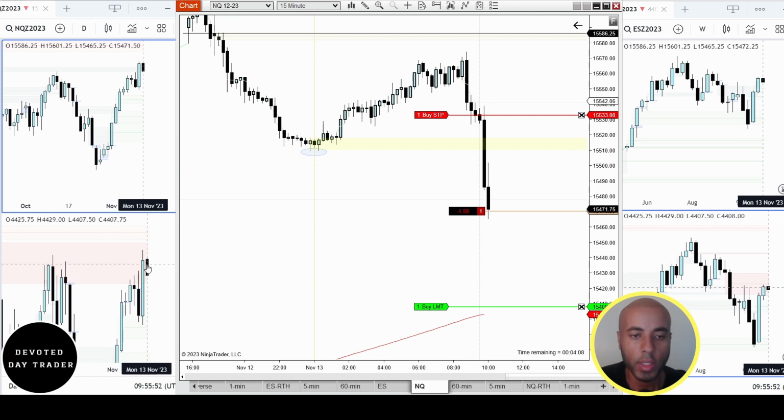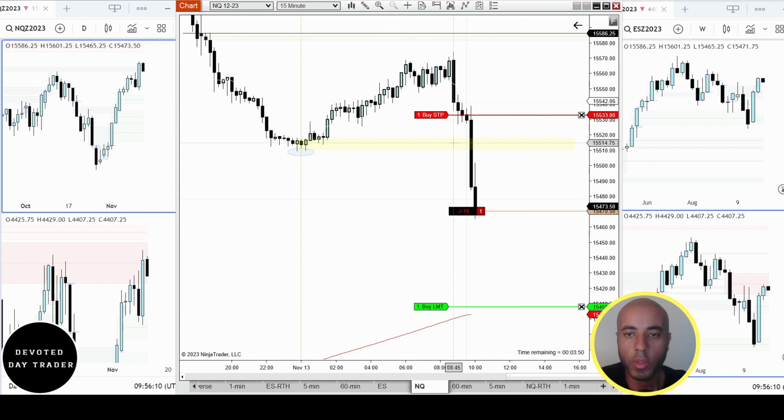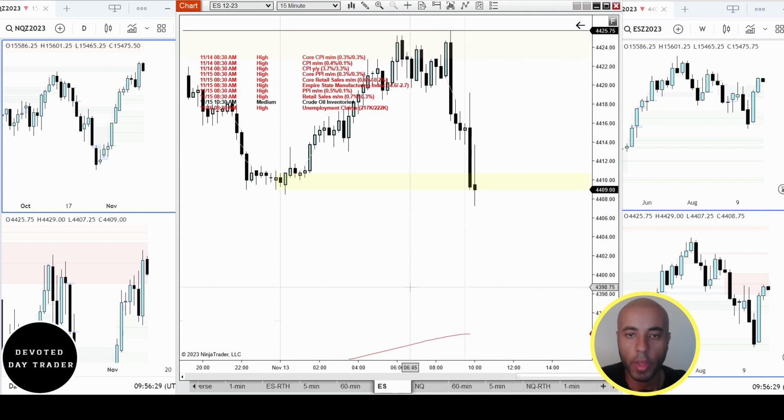So this is today's candle. It tested about 50% of this tail. The same thing with NQ. I also liked that on NQ, this yellow box right here, which is the range of this bull candle, which was support, there is a 15-minute close below this yellow box. The same thing with ES.